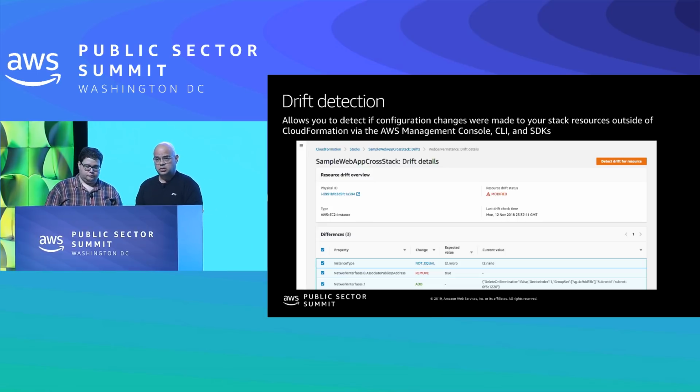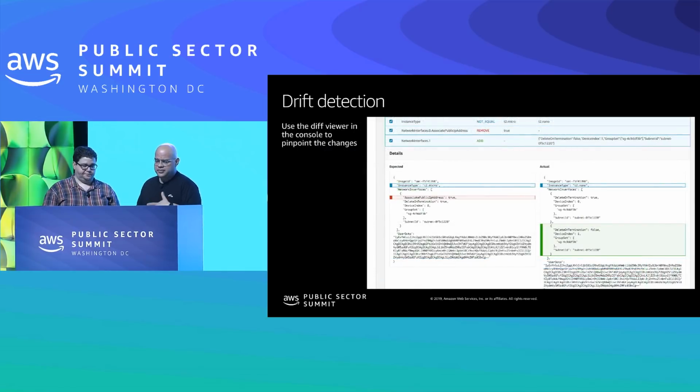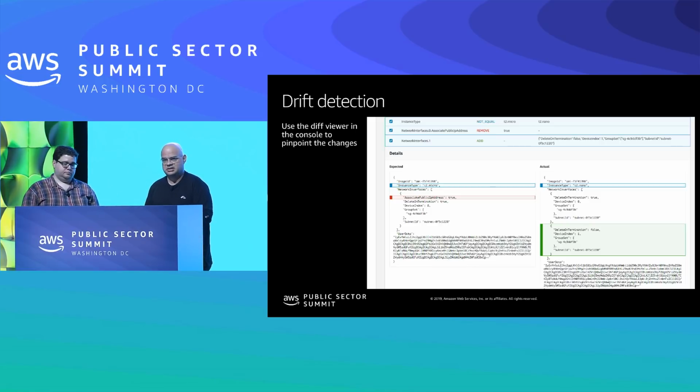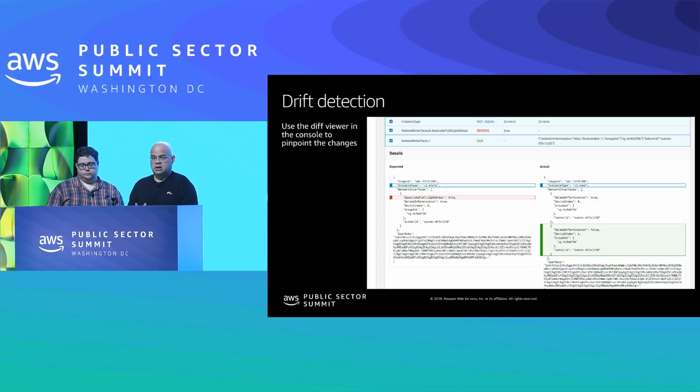You can use it in the console. And like I mentioned before, most of our users are going to use it in the browser-based console, but you can also use it via CLI and SDKs. If you've never seen it, it uses a kind of diff viewer once we do the analysis. The analysis is essentially to say, let's look at the state that I've recorded of that resource and stack, and then let's do list calls and describe calls and see what things have changed. So we can detect if something about the resource got deleted, if something about the configuration got added, or something about the configuration has changed.